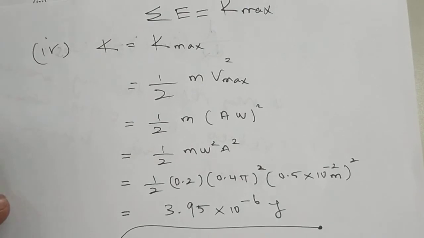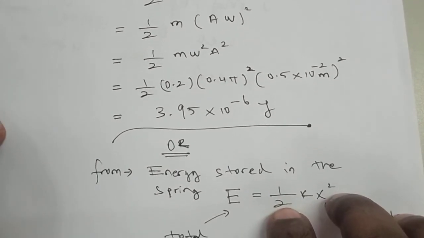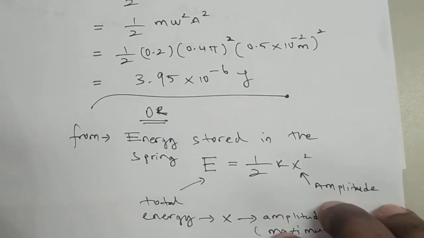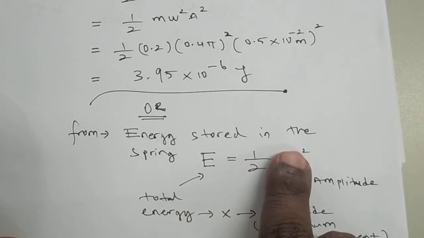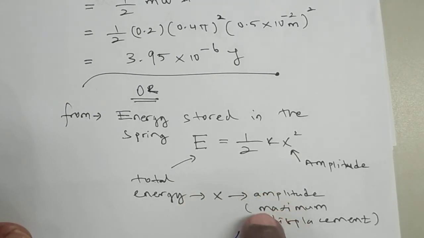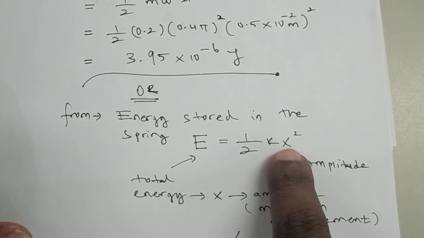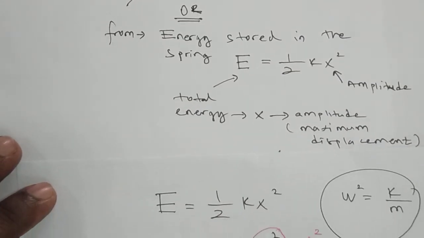Or you can use another formula, the energy stored in the spring, which equals half k x square. For total energy, x will be amplitude, where amplitude is maximum displacement. So the amplitude, substitute here in x. So by substituting all the values in this formula,